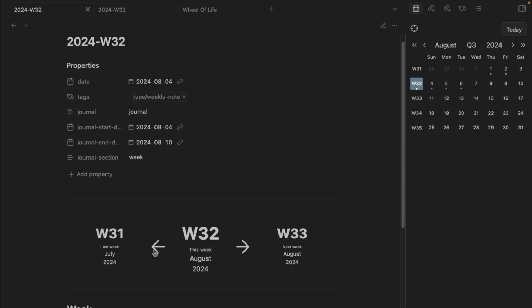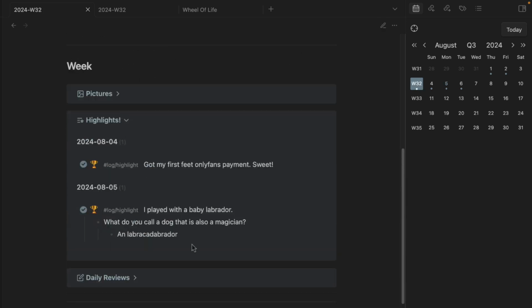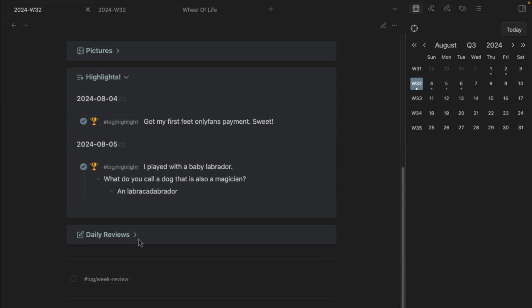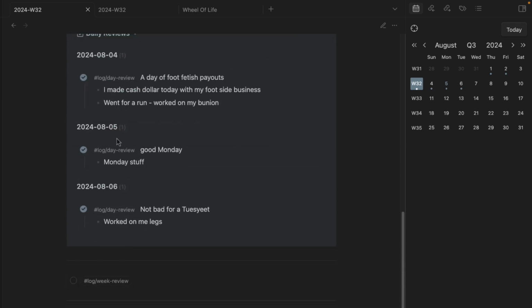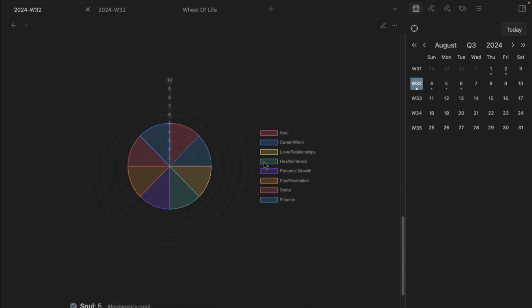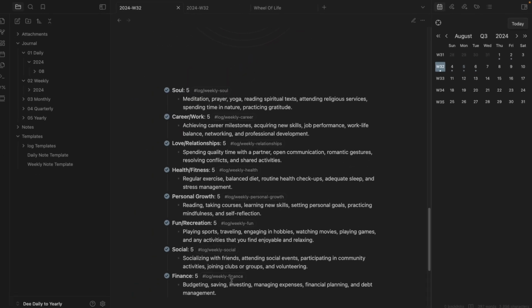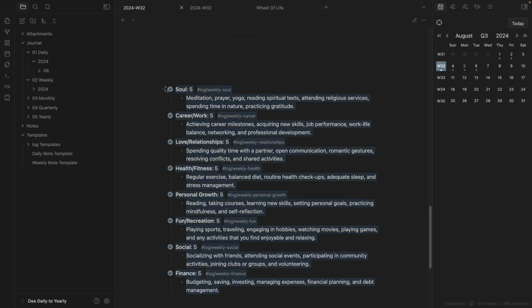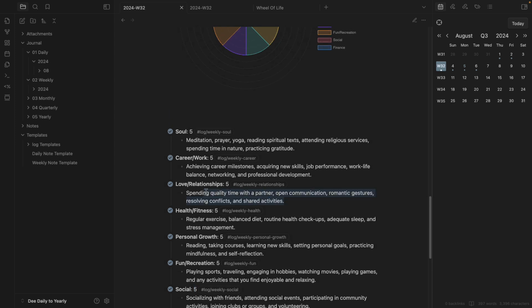Now if we go to our weekly, and we go to our highlights, we have both highlights. Daily reviews, we can see daily reviews, and we can give our log weekly review. And then Wheel of Life takes some time to load, so let's give it some time. We can fill in soul, career, work, love, relationship, health, fitness, personal growth, fun, recreation, and you just say why finance you gave a certain score, why social you gave a certain score,